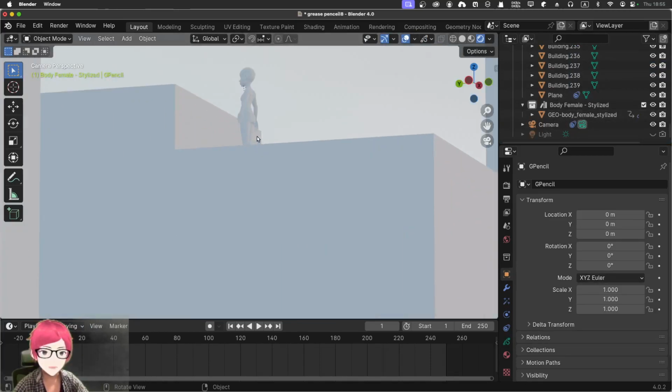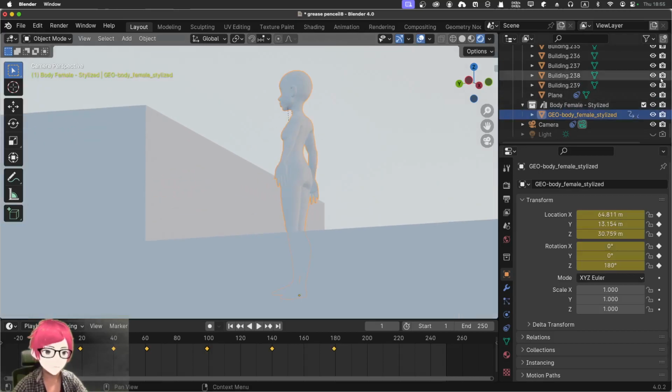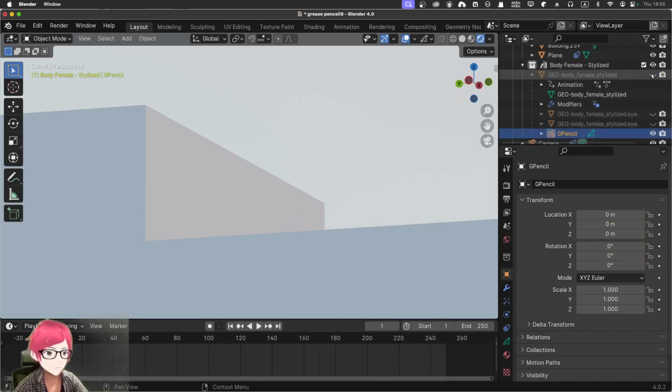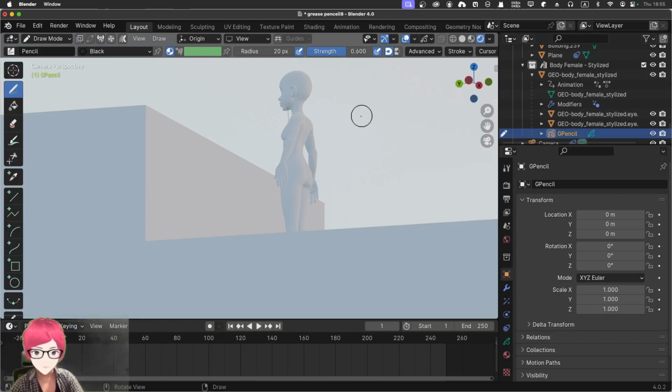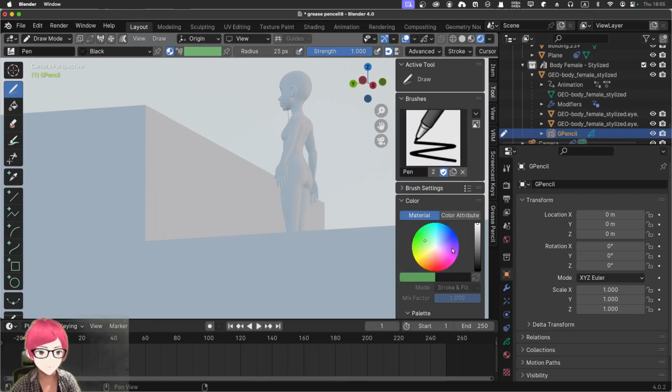Okay, so why is it very important? That's because while you are selecting this, you can just ultimately hide everything, stylized. You can hide these two eyeballs, and then the grease pencil still exists. Let me show you. Okay, so for example, you switch that to draw mode, you can get a really nice drawing going on here. So I think I can just go to N, tool, or change to maybe pen, some sort of thing, really black, color attribute, just black it out, and